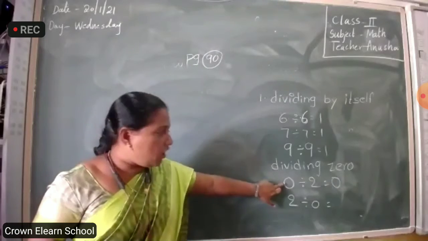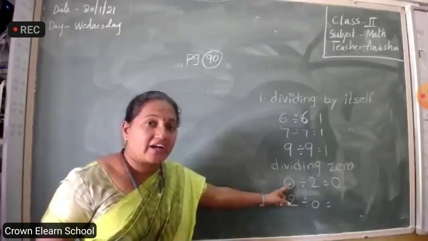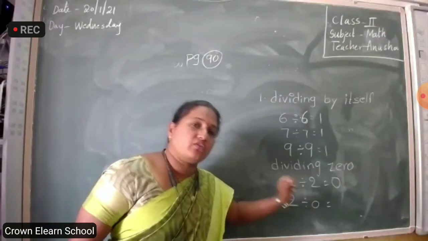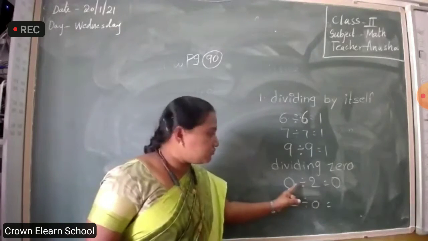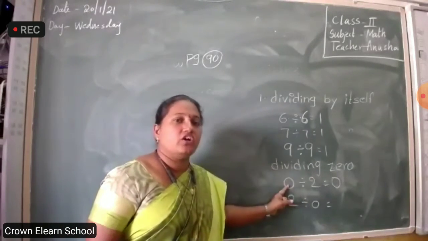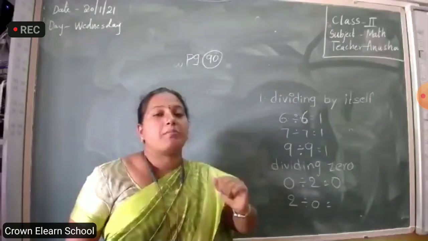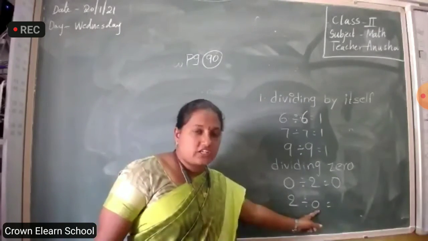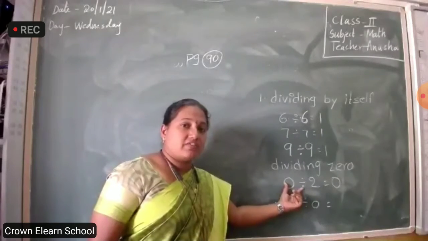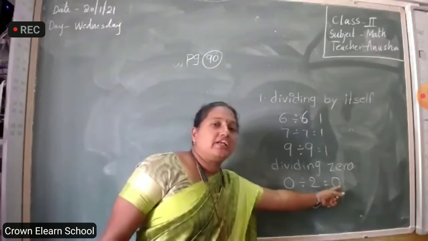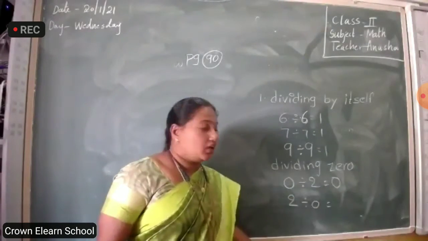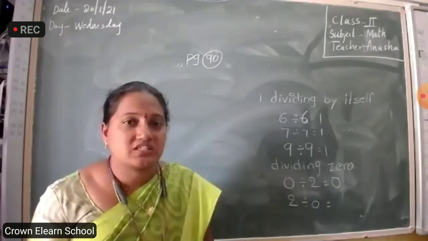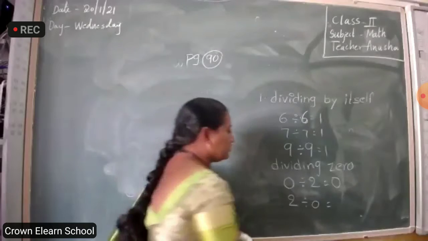Observe how I am pronouncing this. Here we are dividing 0. Here we are dividing by 0. Understood? Here we are dividing 0, making 0 into parts. Understood, Nana? So when you divide 0, you will get the answer 0. When you divide by 0, there is no meaning. What is that? Meaningless.